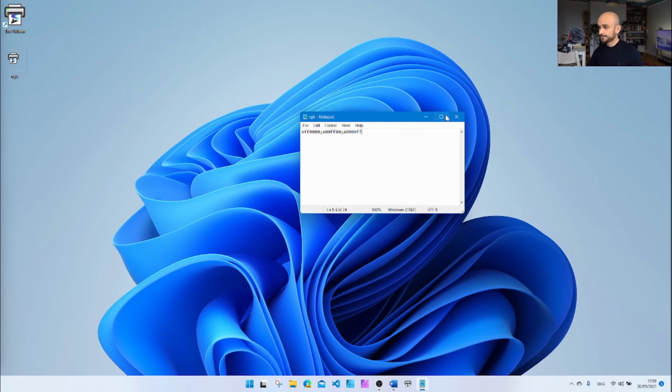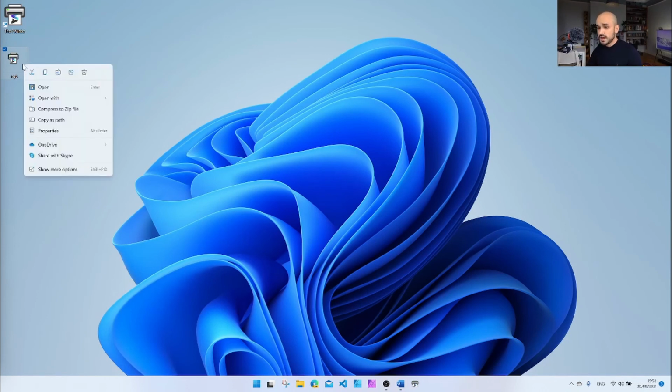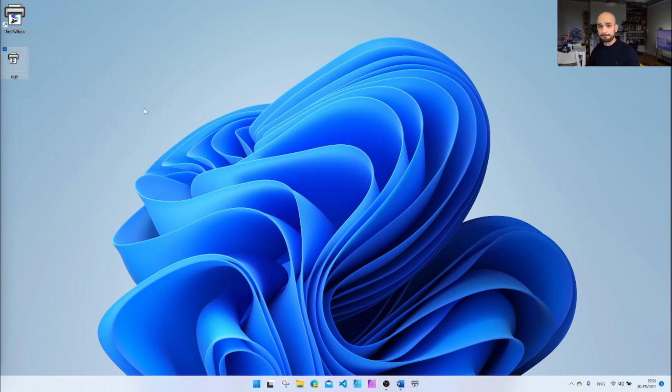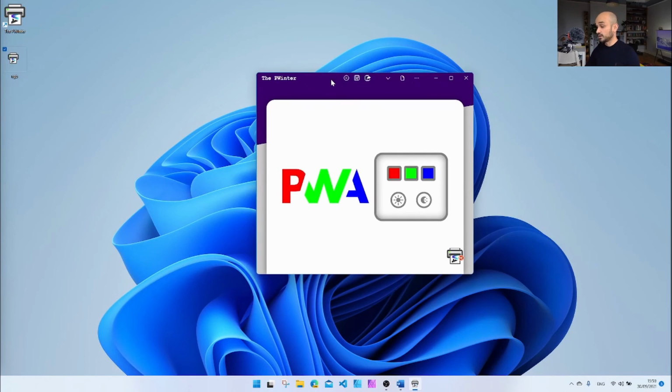Okay, we can see how we have a logo, a file, a new SVG file. I registered the installed web application as a file handler. So if I go here into open with, I can see that I can open it with Excel, with Visual Studio Code, WordPad, but I can also open it with our PWA application. And in this case, it's asking for permission. I need to ask for permission the first time that I'm running this, and I'm going to allow it. And it's telling me that it's just loaded the colors that were in the file, the R, the G, and the B. So this is file handling from the application.